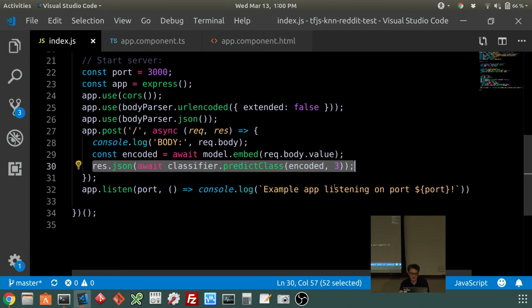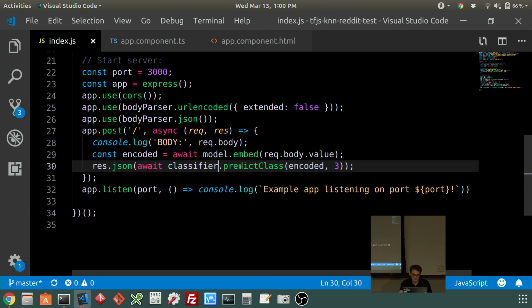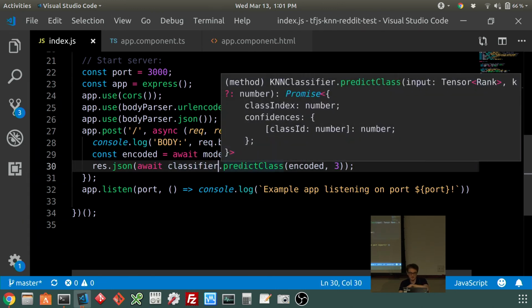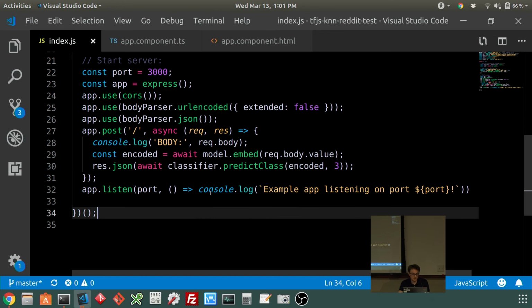Then I can just respond to my Angular application with the JSON. So in this case, it gives me this object where its best guess is the class index, and then it actually gives me confidences for all the other classes if I wanted to use them. I'm not using them in this case, but if you needed that, you could have it. And so once I do that,